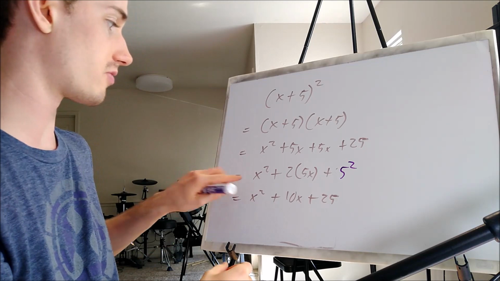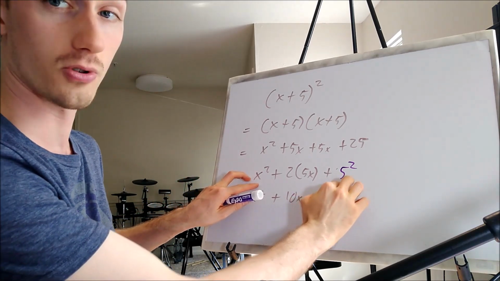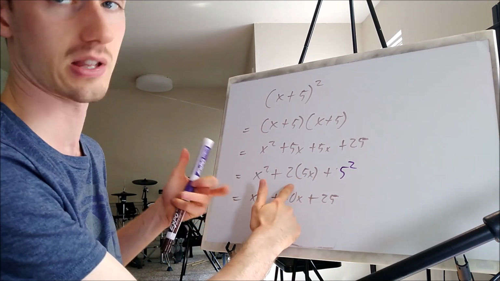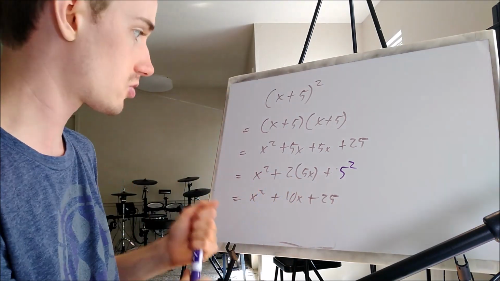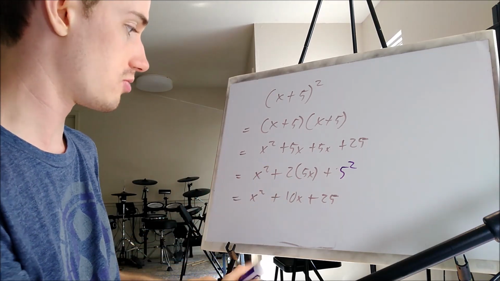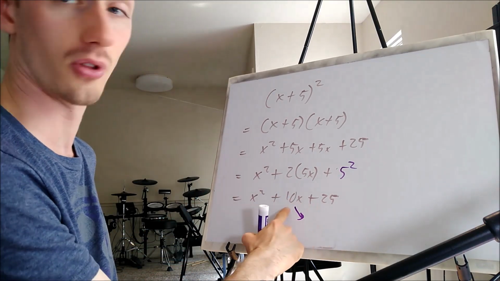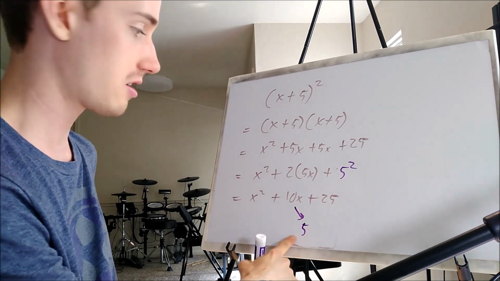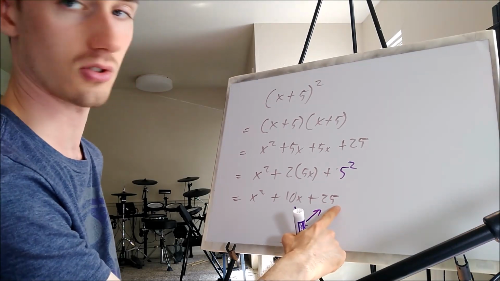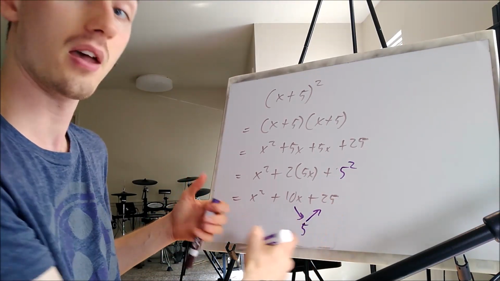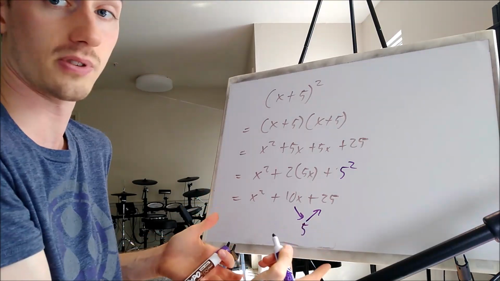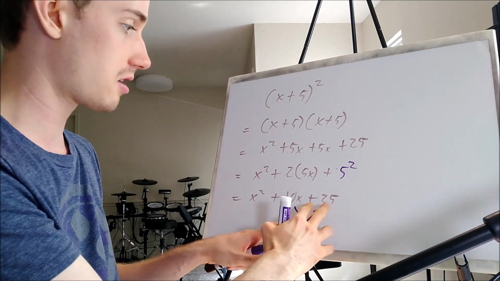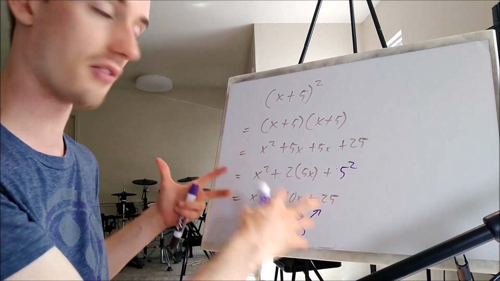So whenever you see this pattern, you've got x squared over here, a number squared here, and then x times that number in the middle times 2. That's a perfect square, and it comes from this. So to get to that middle number, you can cut the middle number in half here, or you can take the square root of that. So if you can cut this in half and then square it to get 25, then you have a perfect square. If you don't get that, then you can simply add the square of the middle number in, and of course subtract it later,